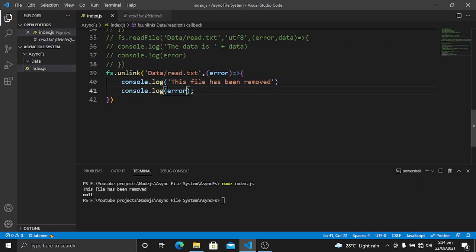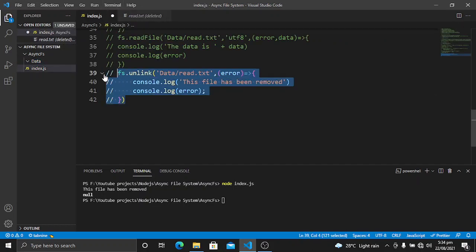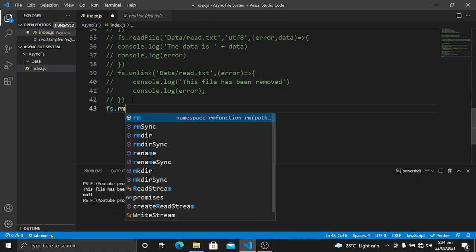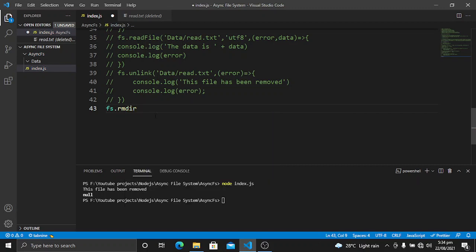Now what I want to do is I also want to remove this folder that we have created, this data folder. For this I will use fs.rmdir, or you can pronounce it in the way you like. As you will see we have two ways to remove this, this one and this synchronous version.